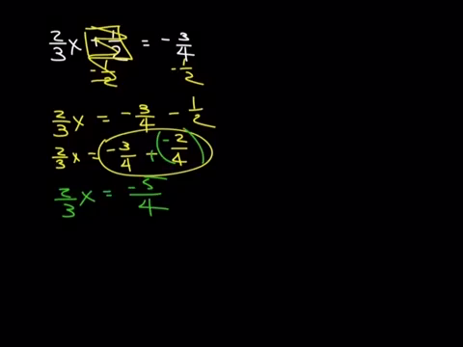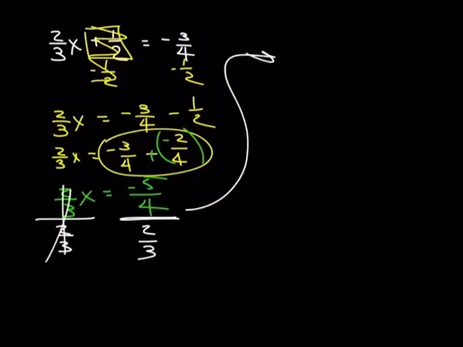Okay, so now we have to get rid of the 2/3. So we divide both sides by 2/3. Remember, you just always divide by whatever's being multiplied by the x, doesn't matter if it's a fraction or not. And those go away. And remember that when you divide by a fraction, you actually multiply by its inverse, or you flip it upside down and multiply it. You don't divide anything with fractions. Now I multiply,